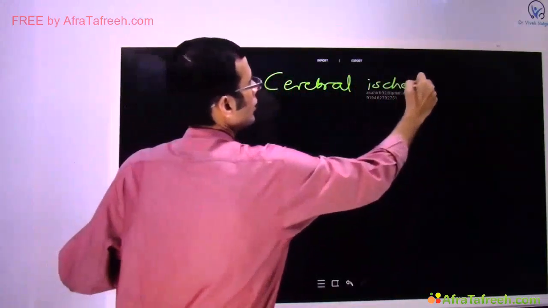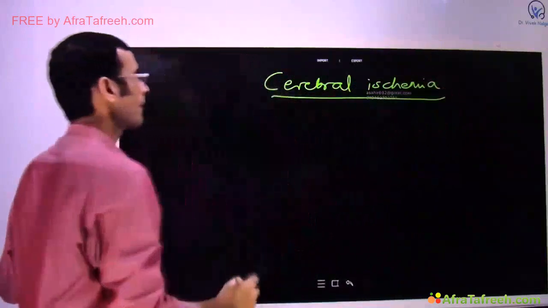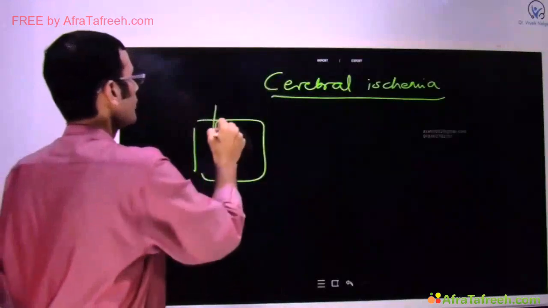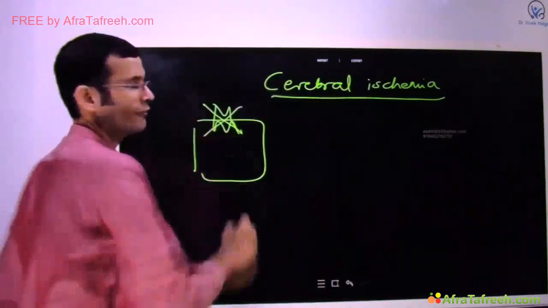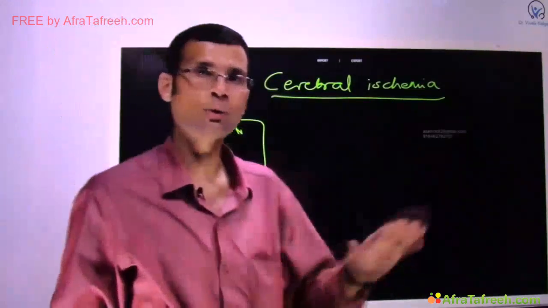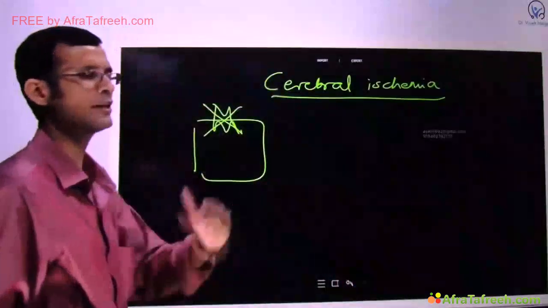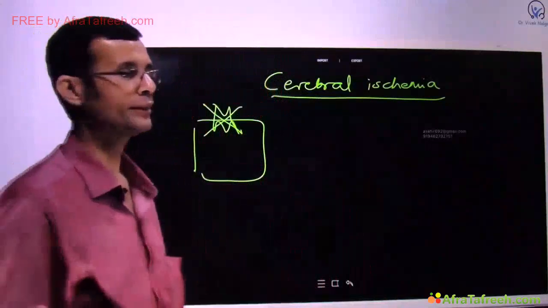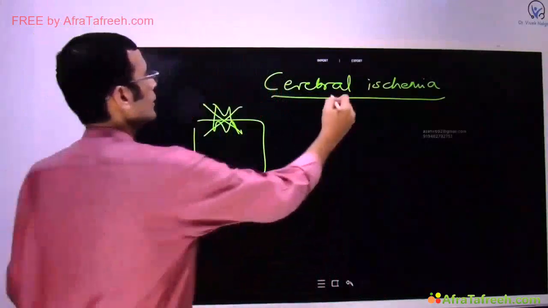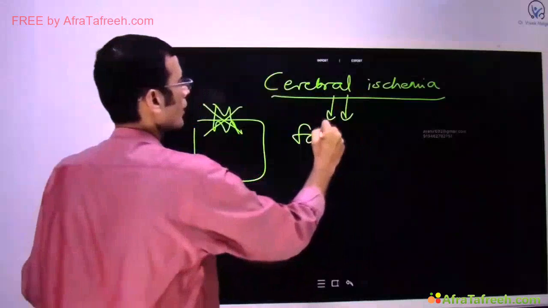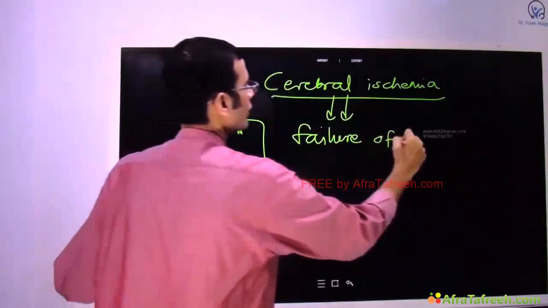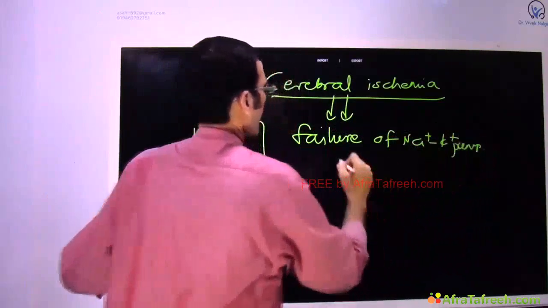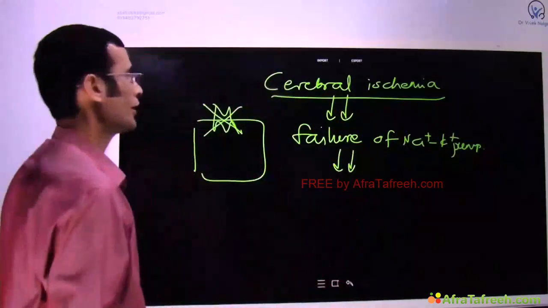Now, we have seen already a number of times that the first thing to be damaged or first thing that loses its function is the sodium potassium pump. Anywhere if there is hypoxia, ischemia, the first thing that loses its function is the sodium potassium pump. So in cerebral ischemia, there would be failure of the sodium potassium pump,